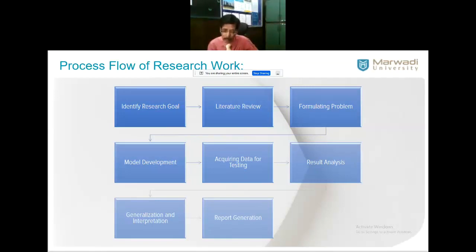Then model development. So one sort of concept of how we are going to do that. What is going to be the skeleton structure of my model or the algorithm? What are the steps involved? It may not be very accurate, but you try to figure out, it's like top down, right? You figure out what you are going to do. Acquire data for testing. Once you do the model, implementation is also important. Once you implement it, you have to test it. People should believe it, so you have to acquire the data.